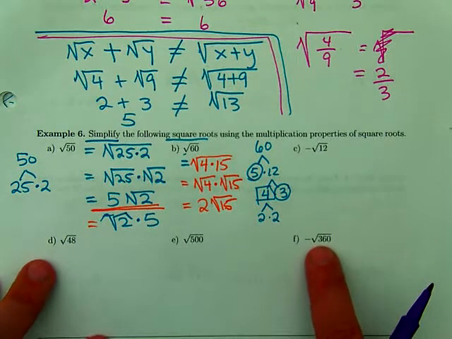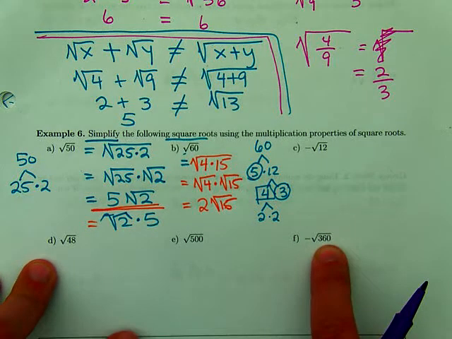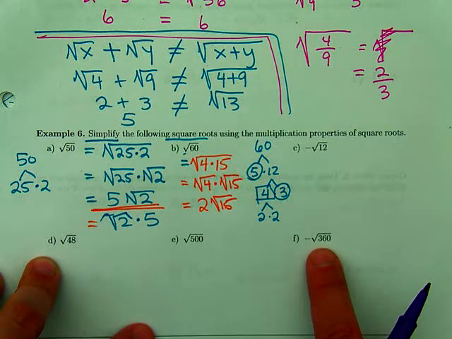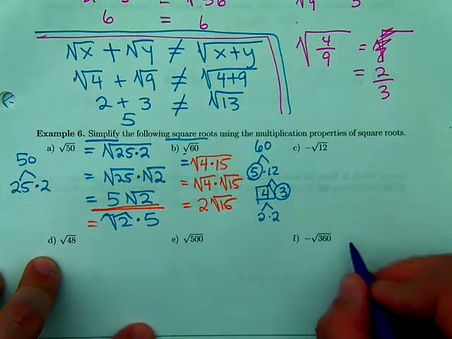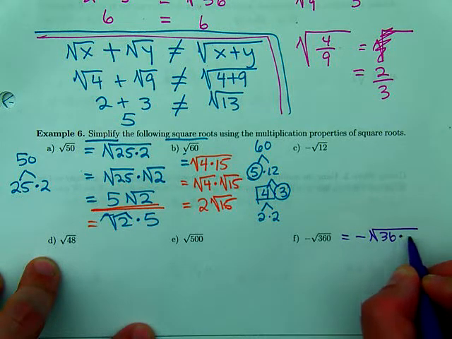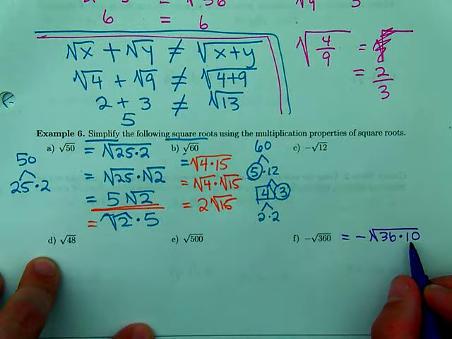I'll just go to negative square root of 360, because there are probably a lot of factors of 360. But can you see a perfect square right away that's in there? Which one? 36 times 10. Okay, so I was going to factor it, but 36 times 10 is perfect